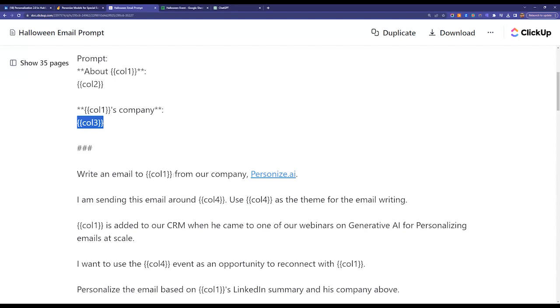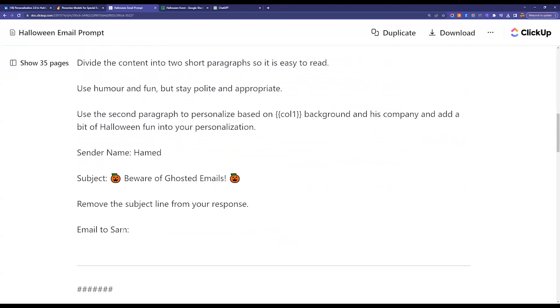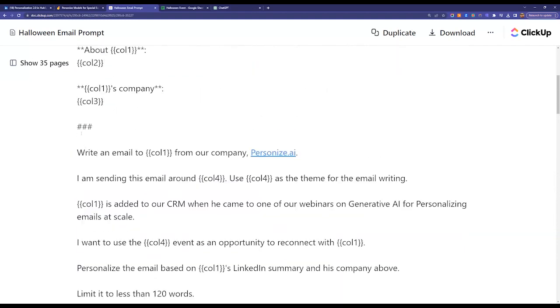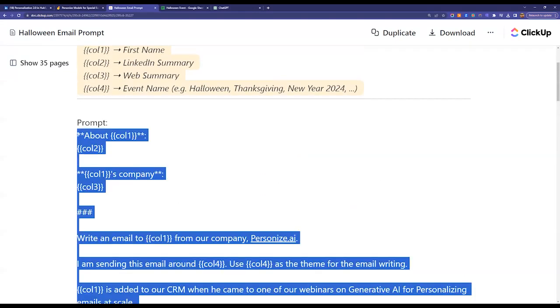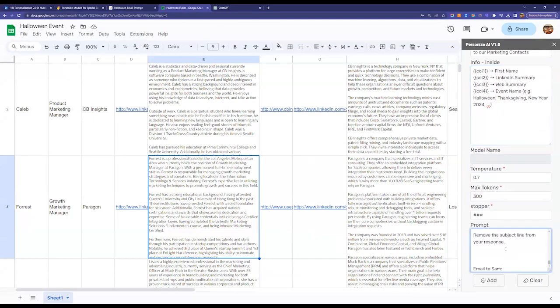We saw the first names, Forrest, Caleb, and then we have more information here, and actually this one should also be column one. So I'm going to fix it when I get there. If I copy this and paste it here, that one should also be column one. And we just focus on the prompt,